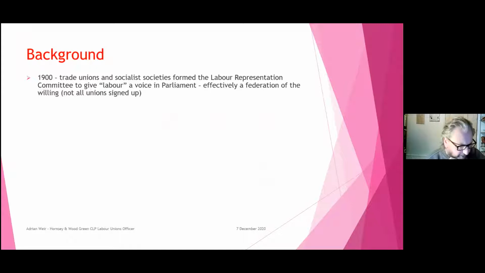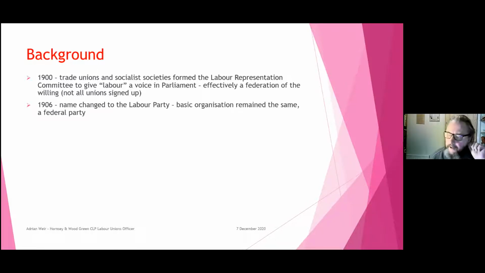As I said, the first slide and my first of 5 points was just to give a bit of a historical background. So in 1900, so 120 years ago, the unions and a few very small socialist organisations formed what was called the Labour Representation Committee to give Labour, working men, if you like, a voice in Parliament. And this was effectively a federation of the willing. Not all the unions signed up and not all the small socialist parties signed up. But I really just draw your attention to this, the idea that Labour was right from the outset a federal party, because this is still the case running through to